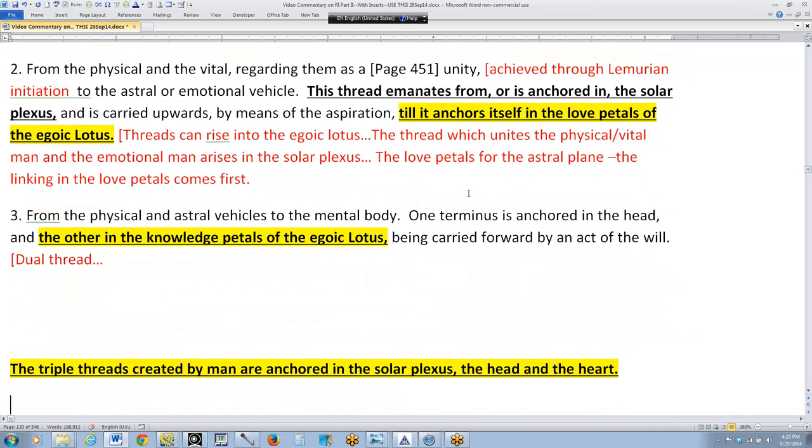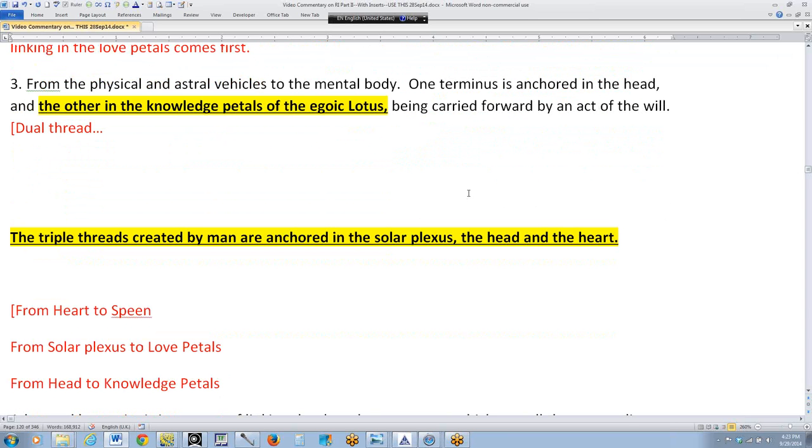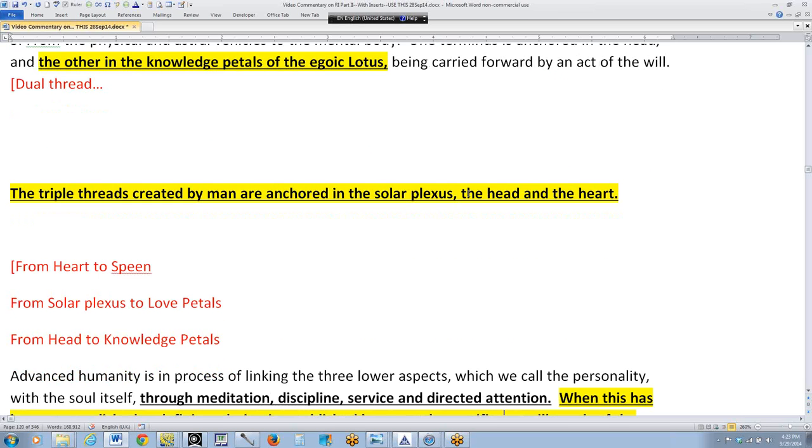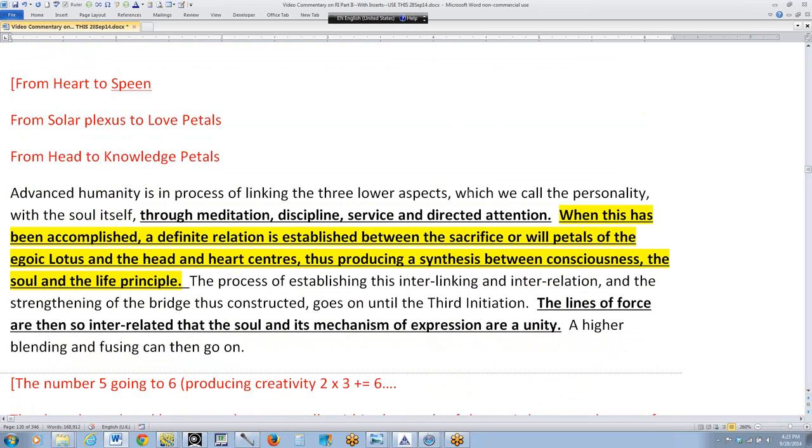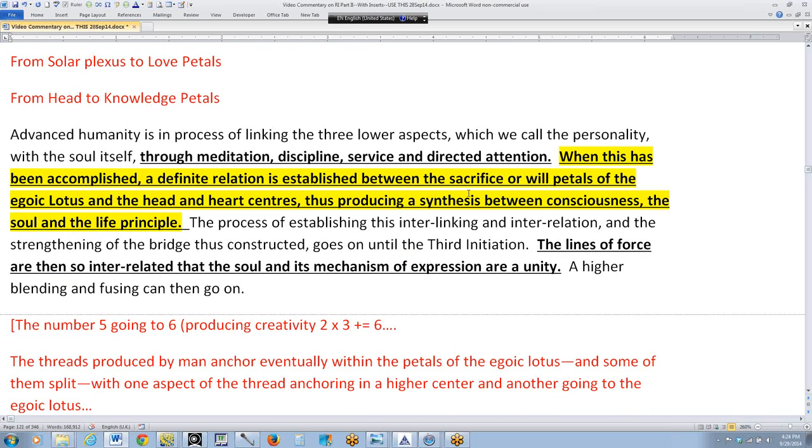And then there's one more here. From the physical and astral vehicles to the mental body, one terminus is anchored in the head and the other in the knowledge petals of the egoic lotus. And then the triple threads created by man are anchored in the solar plexus to head and heart. Okay, that was from another area of the book, but I brought it in for summary value. And then this is important. Advanced humanity is in process of linking the 3 lower aspects, which are called the personality, with the soul itself,